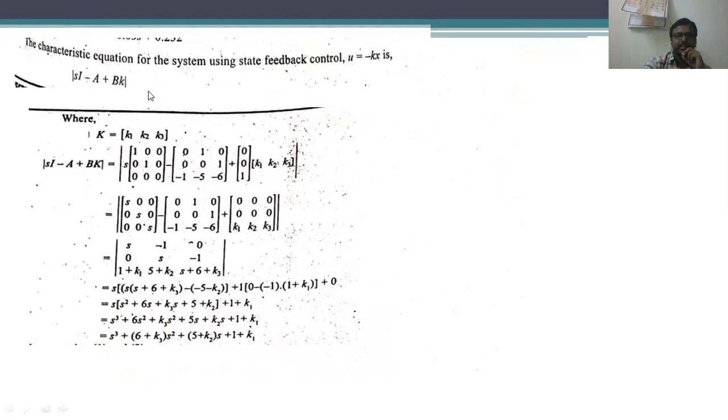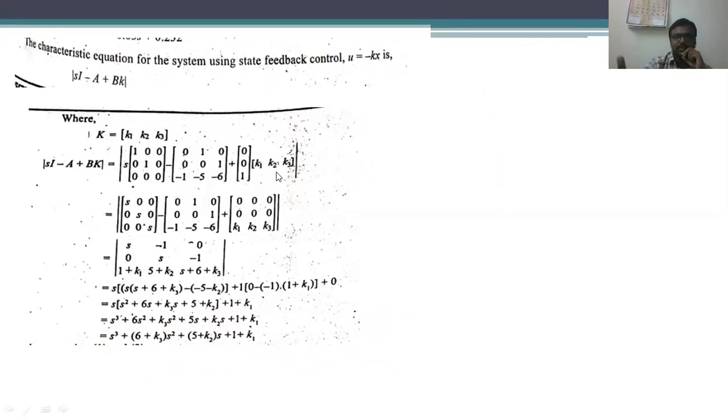Therefore, directly we have substituted the values: modulus of S into the identity matrix, that is 1 0 0, 0 1 0 and 0 0 1, minus the matrix A, plus the matrix B, and the third matrix is